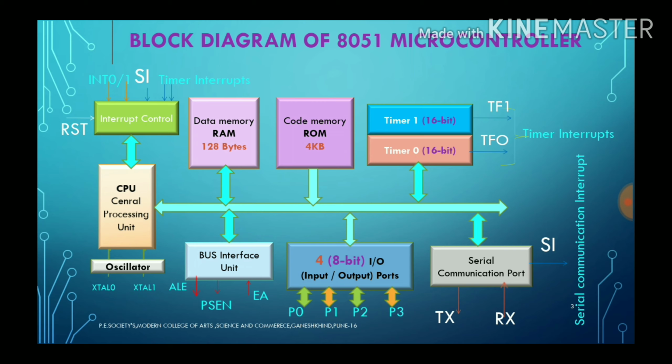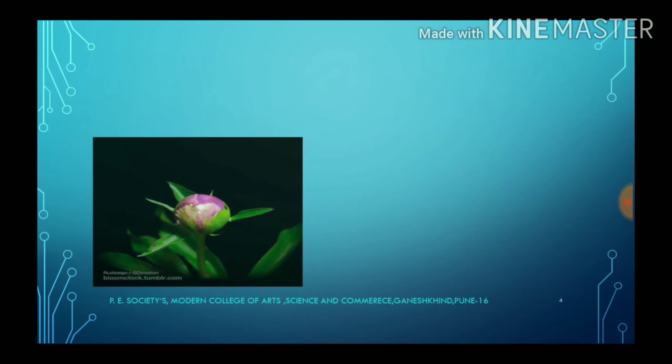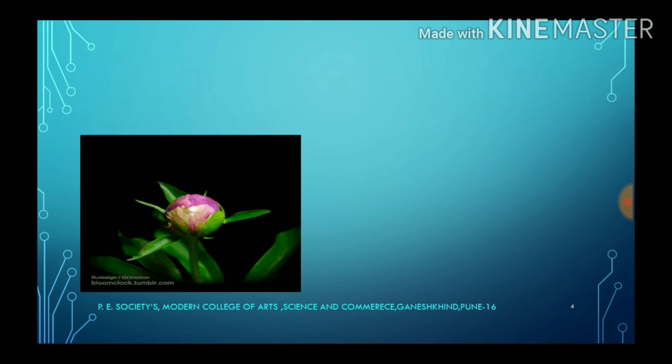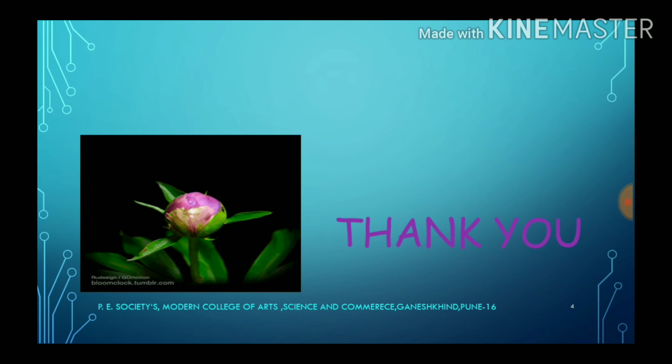So this way, all the basic features available inside any computer are included on the chip of the 8051 microcontroller. So it can be used as a computer system on chip. By connecting a few external devices, we can use it for specific applications. After knowing these basic features, we need to go ahead to the pin configuration of the 8051. In the next video, we'll see the pin configuration of the 8051.